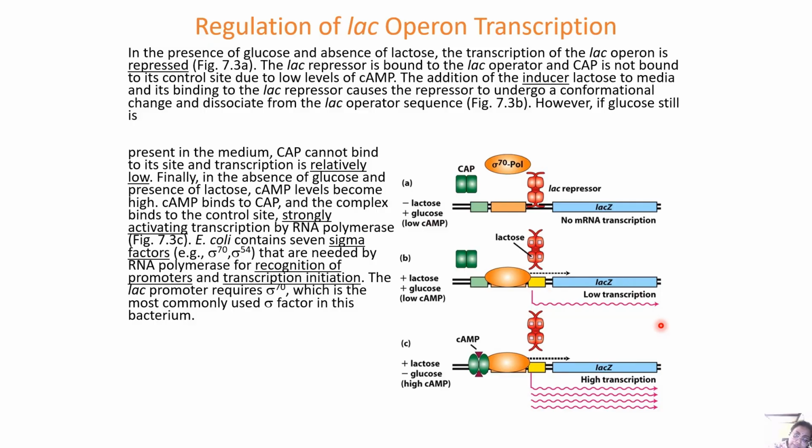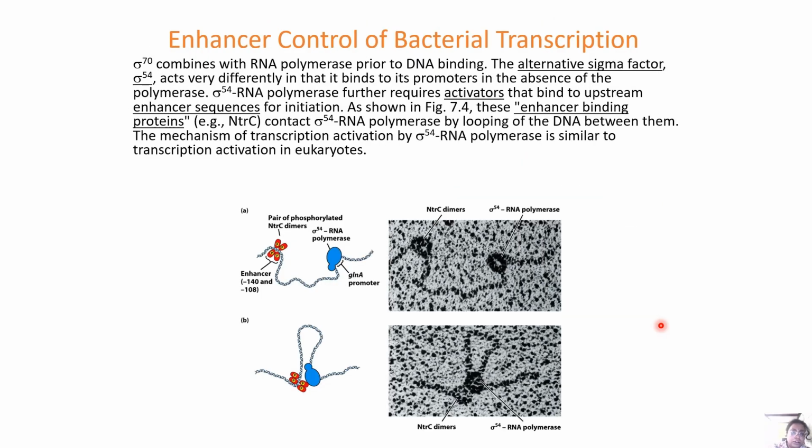E. coli contains 7 sigma factors that are needed by RNA polymerase for recognition of promoters and transcription initiation. The lac promoter requires sigma 70, which is the most commonly used sigma factor in this bacteria. Now, sigma 70 combines with RNA polymerase prior to DNA binding, and the alternative sigma factor sigma 54 acts very